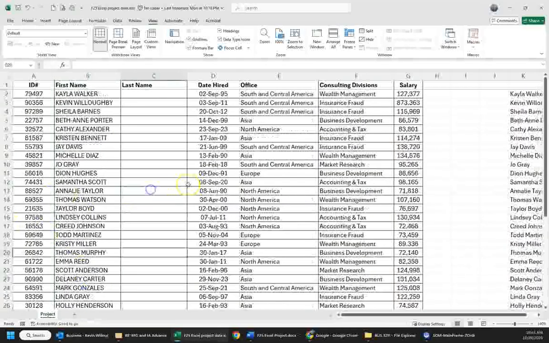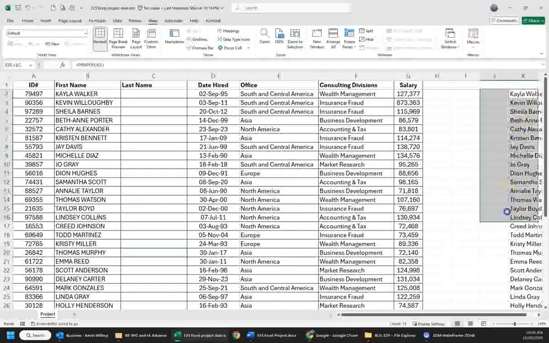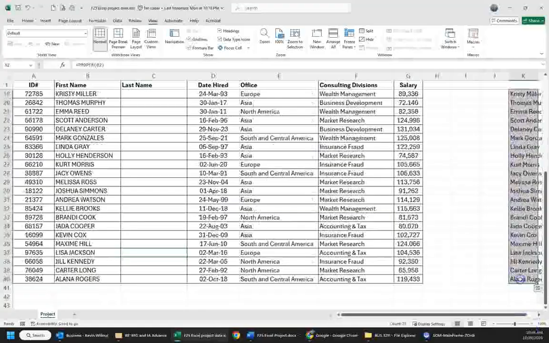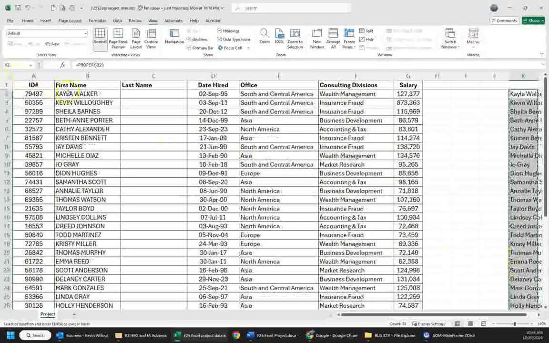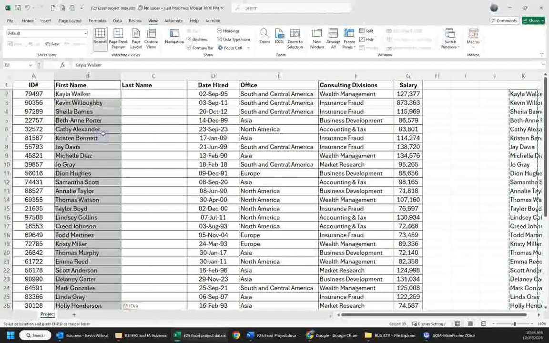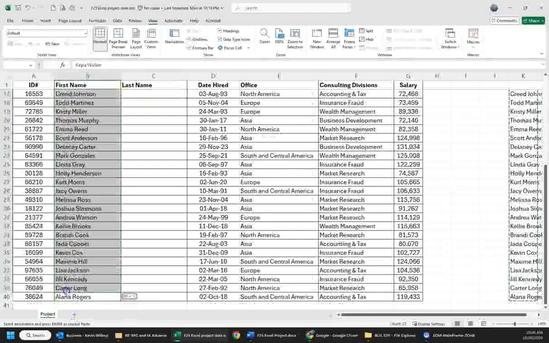Oops, I forgot to do one step. We're supposed to copy these values. I mentioned that. Copy, and then here we're going to use paste 1, 2, 3. We're going to paste the values instead of the formula that went with that. Now we want to separate. So highlight the name in column B again,